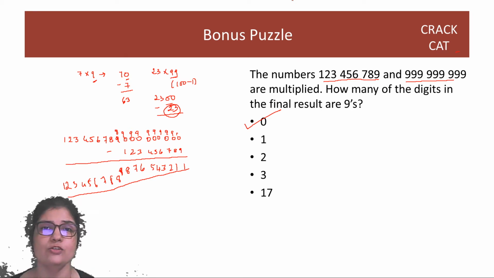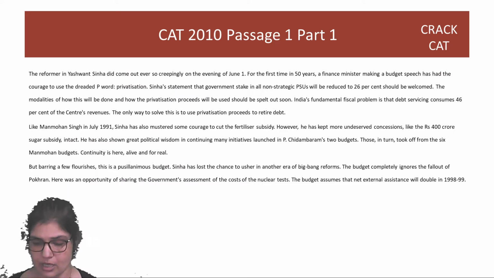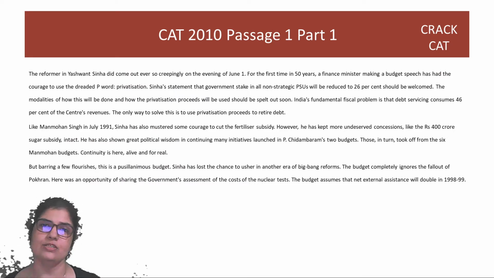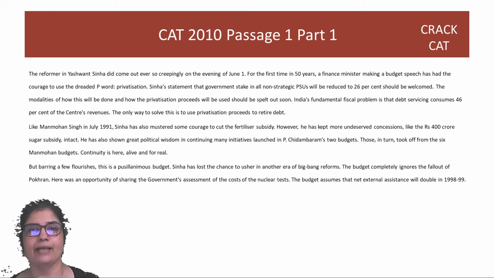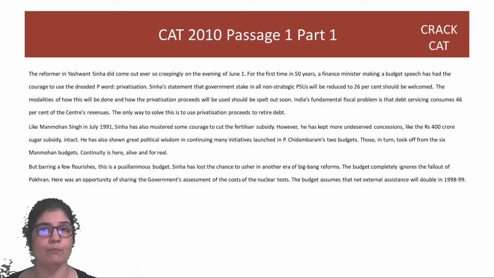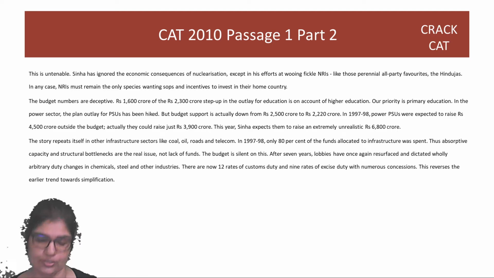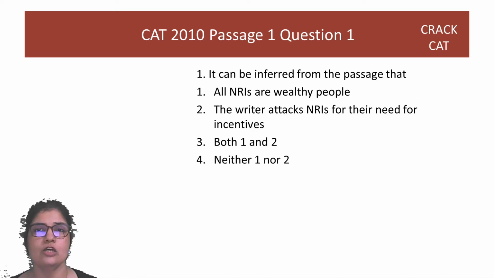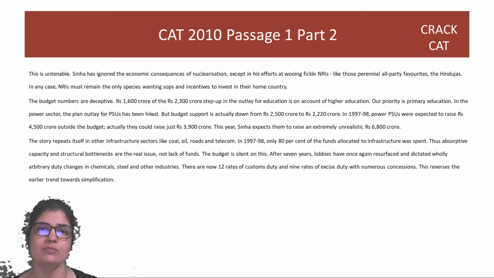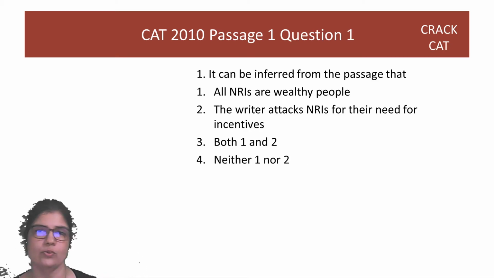So great, let's move on to reading comprehension. So we are going to do 4 passages with 5 questions each. As usual, when we are doing RC, you can pause here, read this passage properly, make notes, right? And there's another part, so pause here also, read this properly, make notes, and then you should look at the question. So even while we are doing a question like this, you should pause, solve the question, then look at the solution, right? So it should always be that pause here, read this, pause in the part 2, read this, and then look at questions.